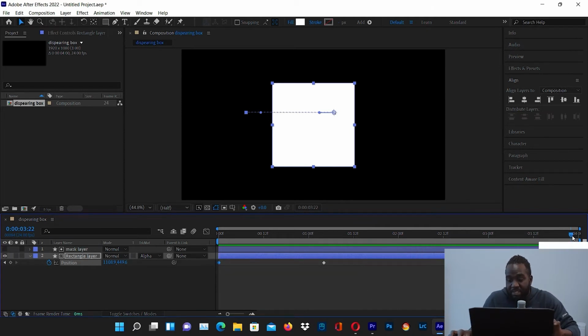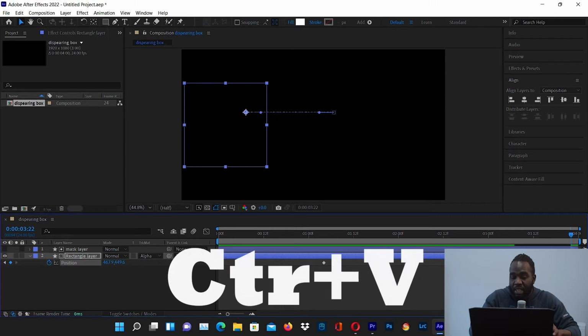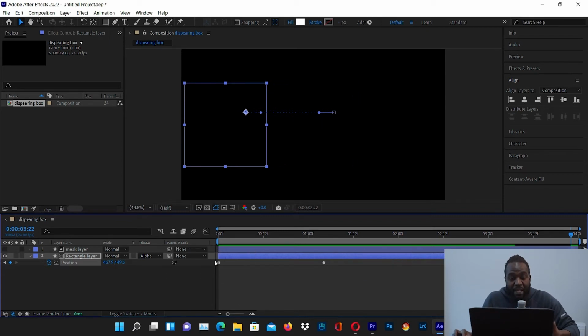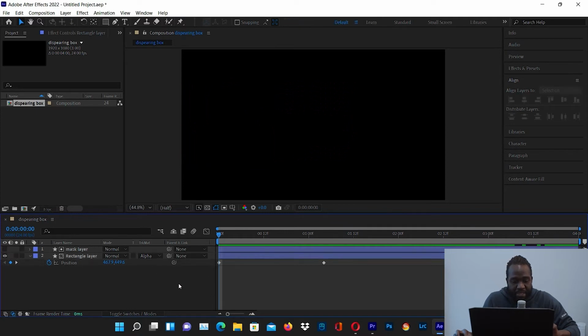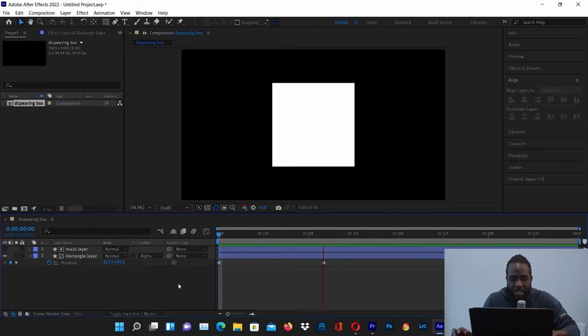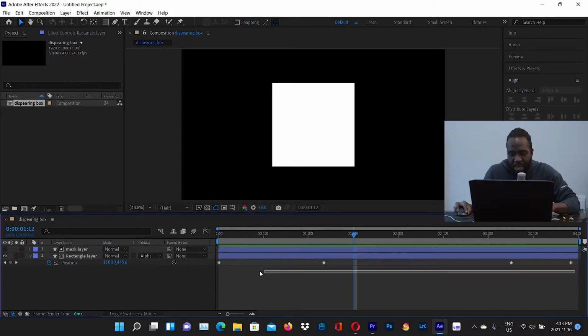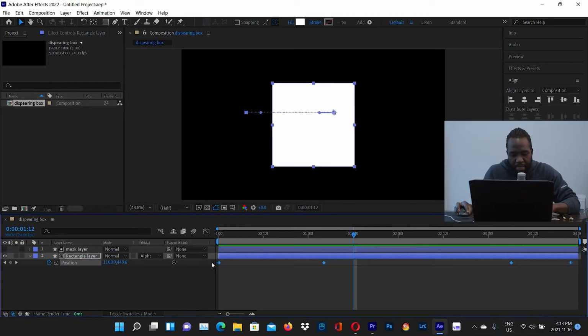Because the playhead is right at the end here, that's the position where we're going to paste that keyframe. So Control V, that automatically pastes back that very first keyframe. So when you play back this animation, this is what happens. It shows up and disappears, right? So once you have that and you are satisfied with what you have done, you can then